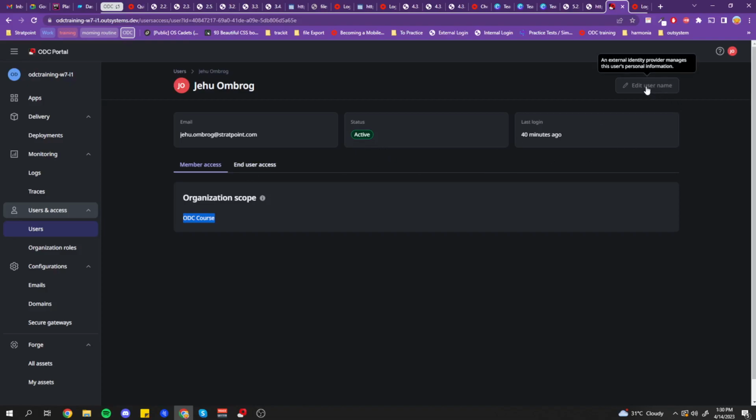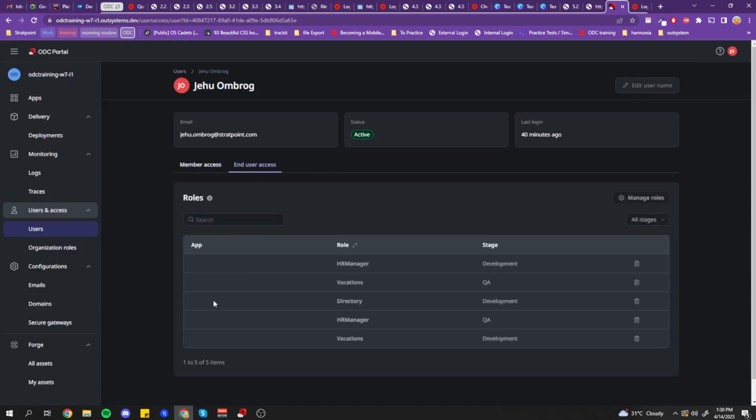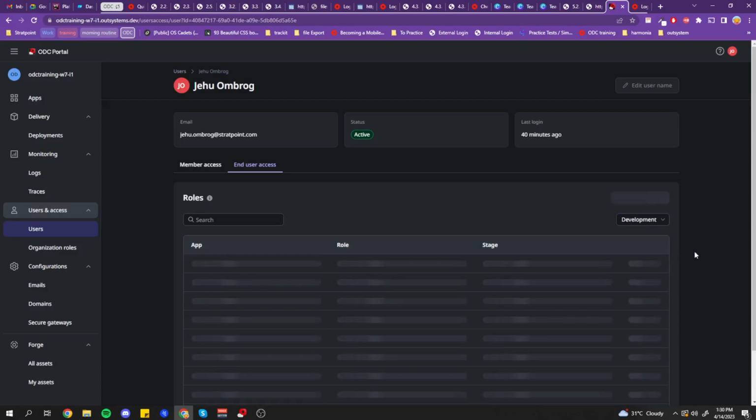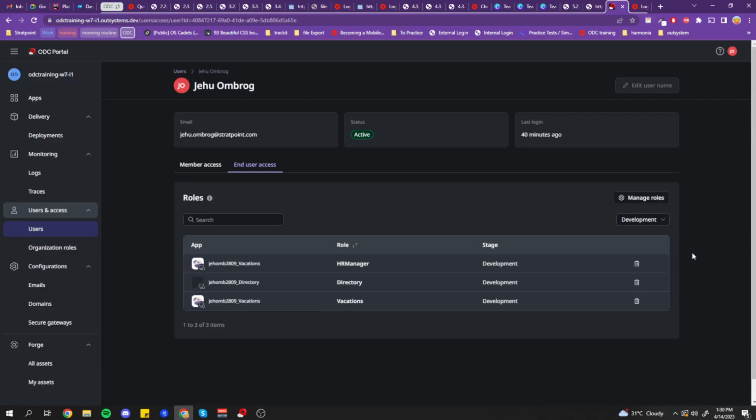I can change the user. So in user, you can manually change the end user access. And for example, in vacation application in development, let's filter it for development